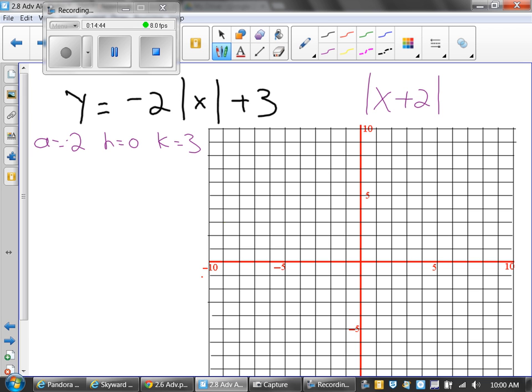Negative 2. If it's x minus 2, what's your h? 2. The h value is generally, when you're looking at it in the problem, the opposite of what you see. The k value is the same. Here there's just no h, so it's 0. That means my vertex is at 0, 3, and my slope is